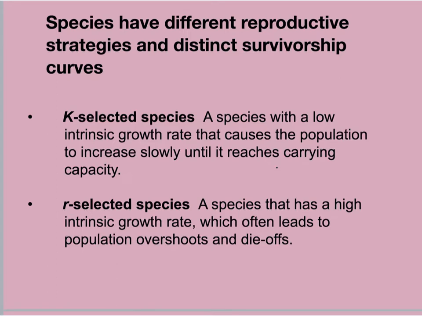R-selected species are species that have a very high intrinsic growth rate. Essentially, they produce a lot of offspring at one time, and that often leads to this overshoot and die-off type of thing. So the irony in that it happened to a reindeer made it very interesting to study that one